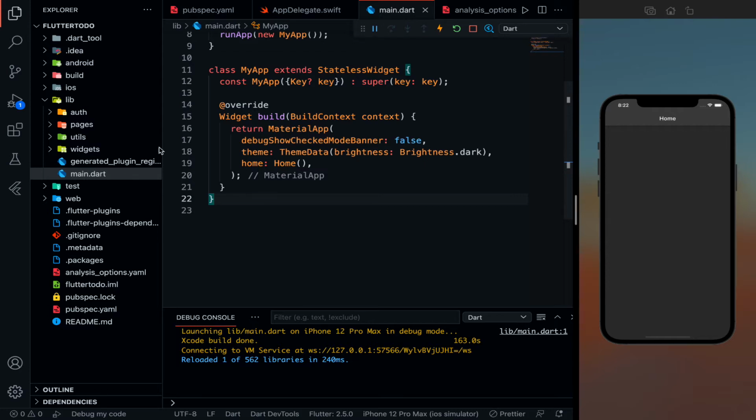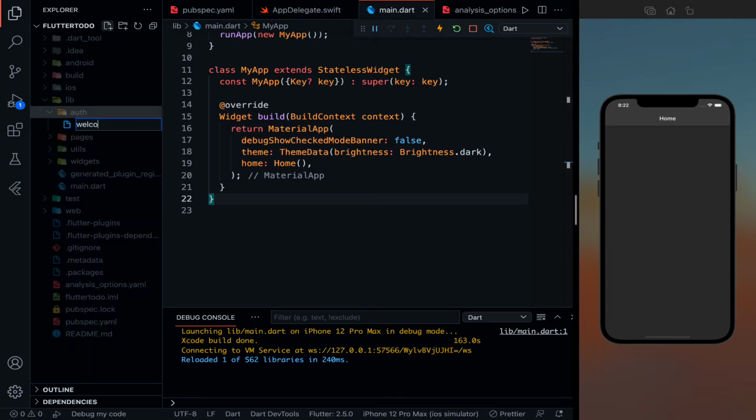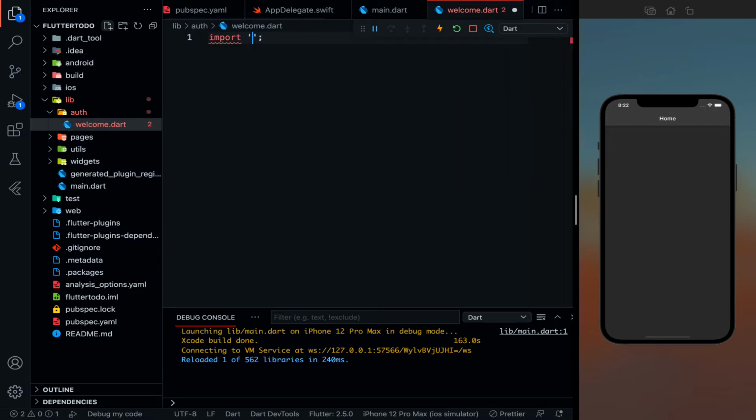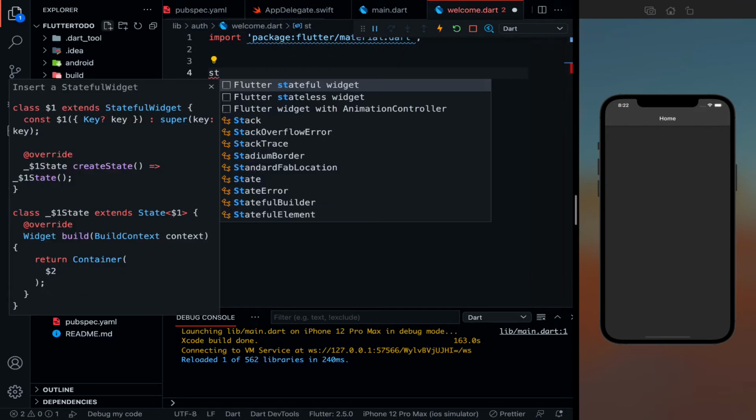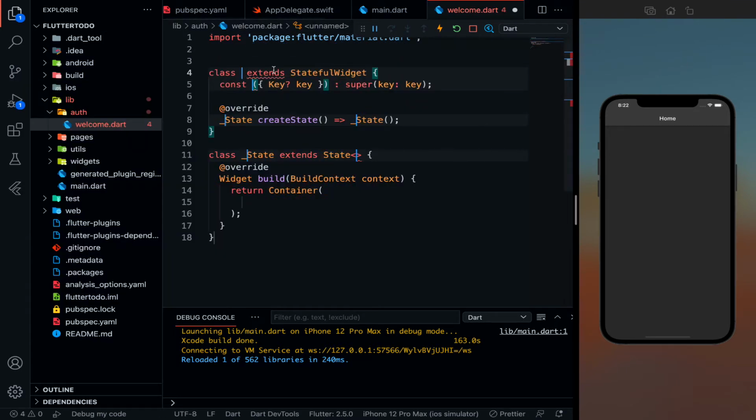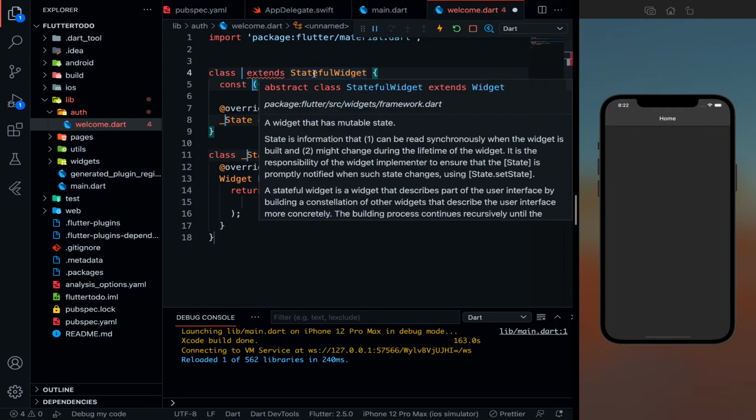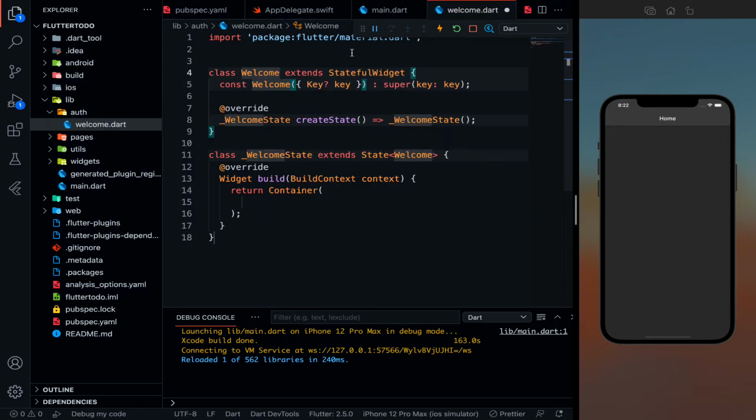And that sign up page, I'm going to call it the welcome screen. So let's call this welcome.dart. And over here, let's import material.dart. Then let's import a stateful widget, because I'm going to use some buttons. First button will be for logging you in. Second button will be for changing the state, like I'm going to show you, don't worry, it will be confusing if I just tell you.